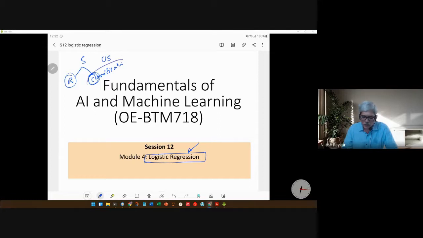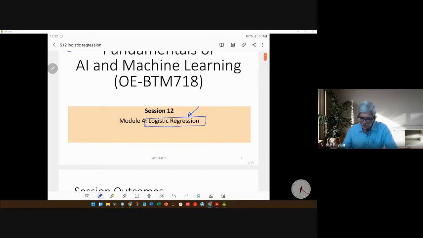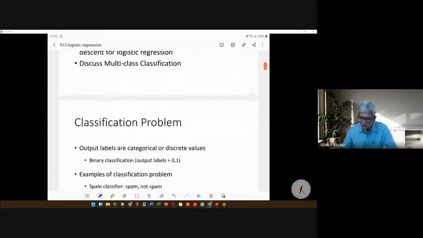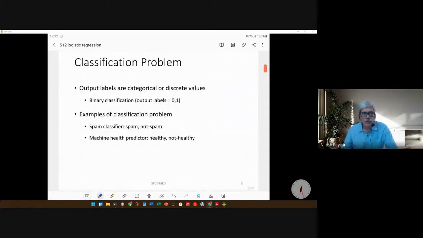Okay, so we will be looking into the classification problem, and today's algorithm deals with that. Now let's go into a little introduction to classification problems. As we just said, in classification problems the labels are categorical or discrete values. So you can have a general classification problem in which the labels could be multiple in number. For example, if it is email classification, then an email could be a spam email, professional email, personal email, and so on.